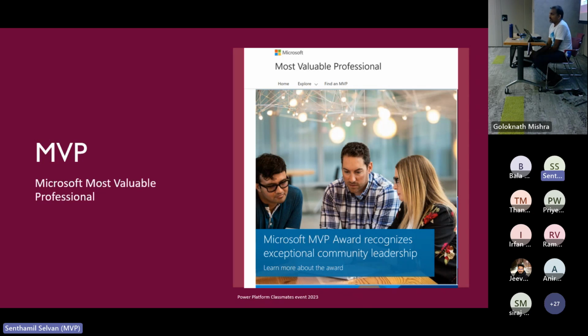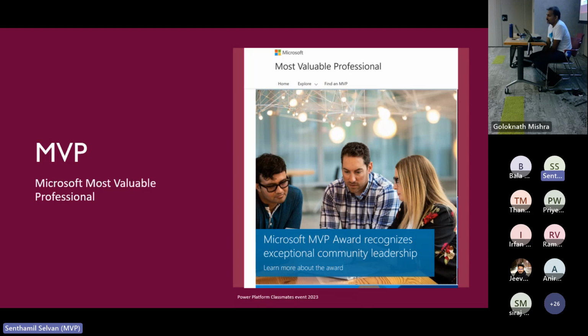And there are several areas to it. But if you are a real expert on the Power Platform, there are certain ladders. Later, I'll show on the website how it has been categorized. But basically, if you want to become a Microsoft MVP, especially on the Power Platform, you follow those steps. Once you reach that level and mingle into the community, you start to provide more and more solutions to the community. The community will start getting feedback from you, and they will benefit from you. Once they have benefited, it's time for you to be nominated for an MVP.